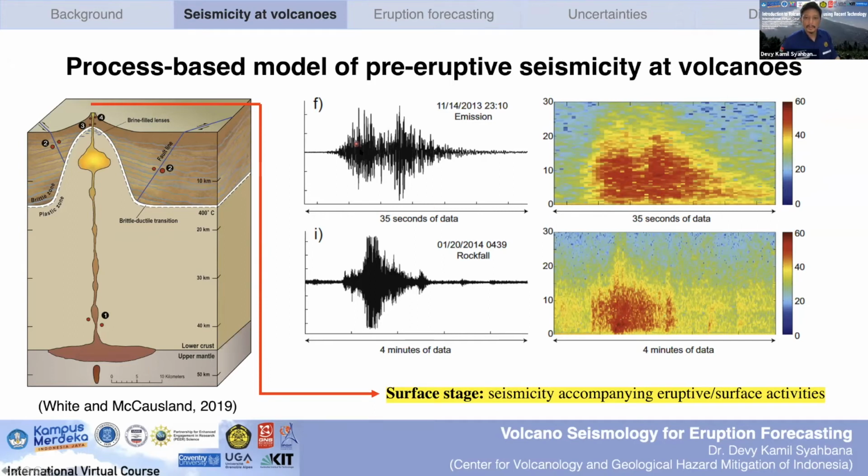But for a big eruption, it will form a very continuous signal, like a continuous tremor with irregular amplitudes, and it can last for hours or for many hours. And for rockfall, it may be minutes. It depends on how long the rockfalls or the pyroclastic flows are moving.